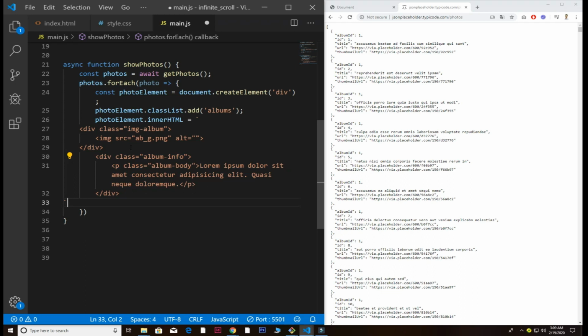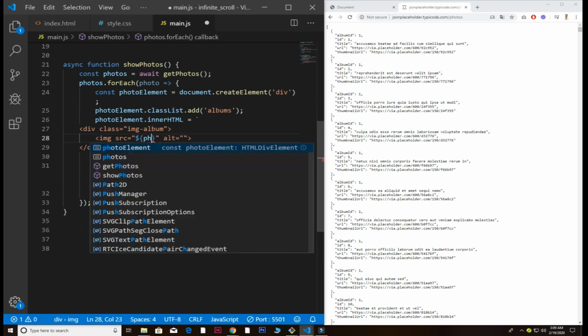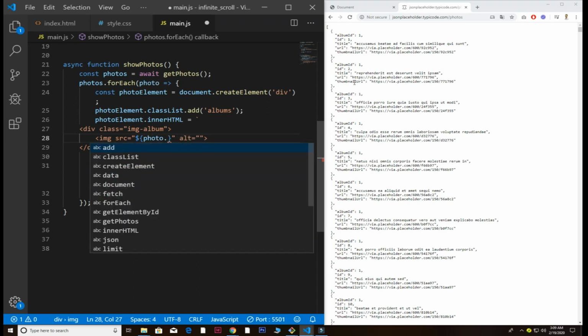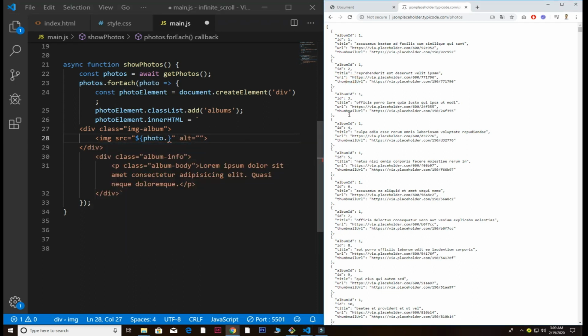I believe that looks fine. And after that, because we want the dynamic results, I just simply put this out using string interpolation. So photo dot, basically I'm using thumbnail URL, so copy this and put this inside here, and next I want to grab the